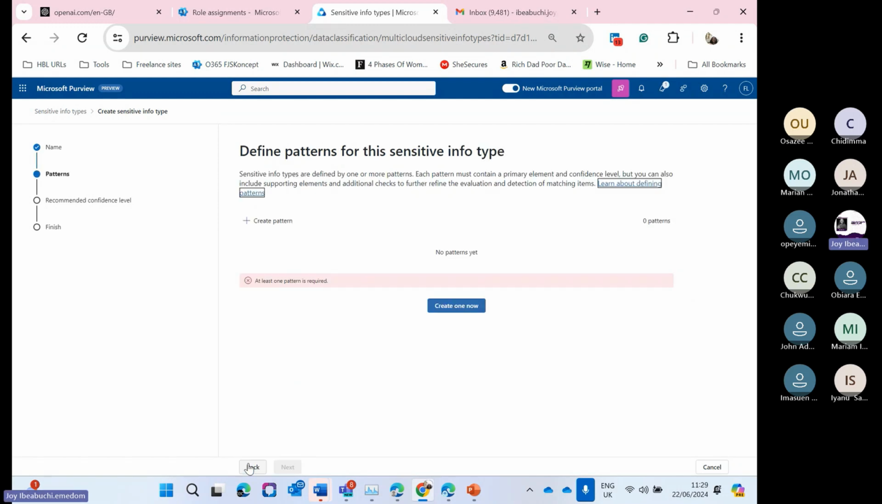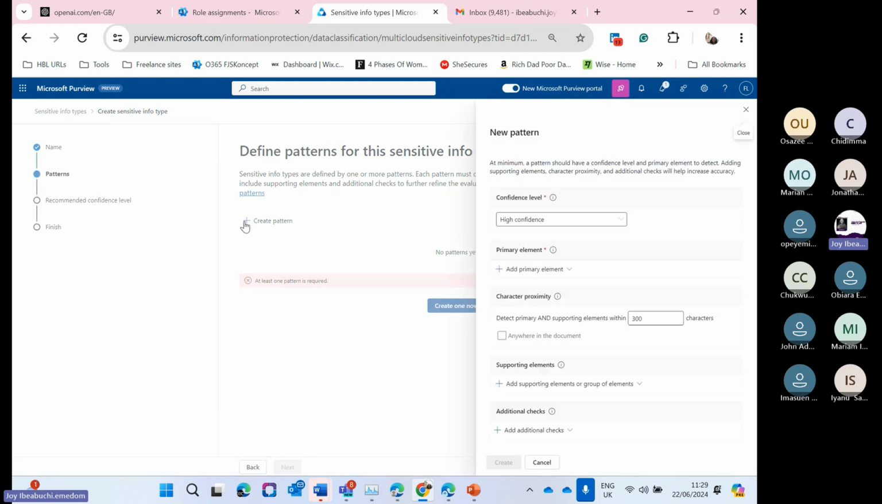Okay, so now we need to create a pattern. Remember we said that there are different types of pattern. There's the key dictionary, there's the regular expression. So you can see it. We have the regular expression, we have the key list, we have the keyword dictionary, we have functions. These are different ways that you can use to detect. Now somebody will say, what does this mean? To be honest with you, I only know what regular expression, keyword dictionary, and key list mean. I don't know what functions are, but I know that there are types of ways that you can use to